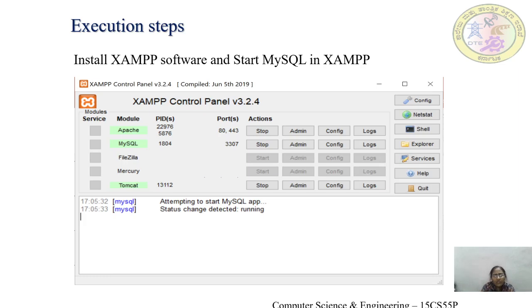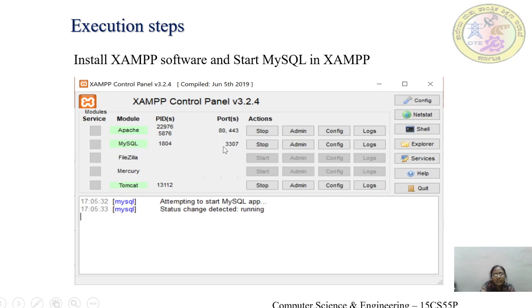Once the code of the HTML and servlet is written, next, as we have already installed XAMPP software which is required for running MySQL, go to the XAMPP control panel. In the control panel, go to MySQL and start the MySQL server. Here you can see the port on which this MySQL is running.